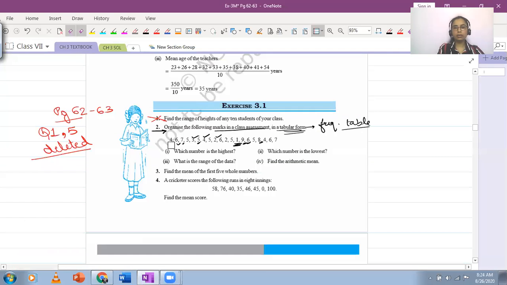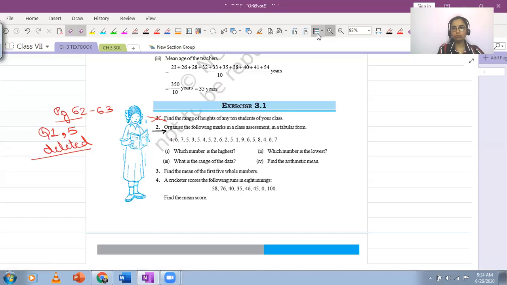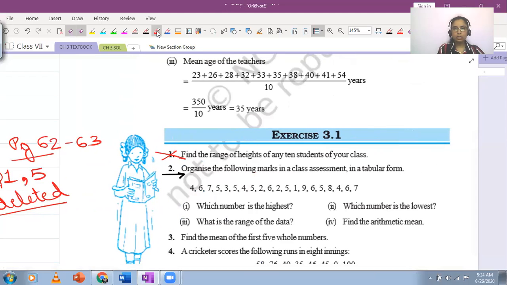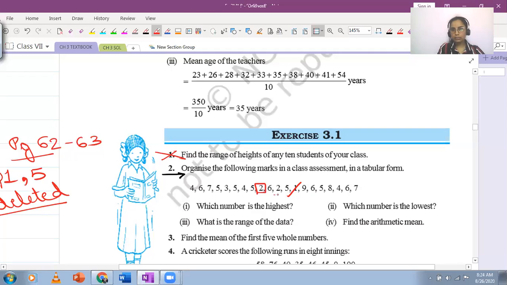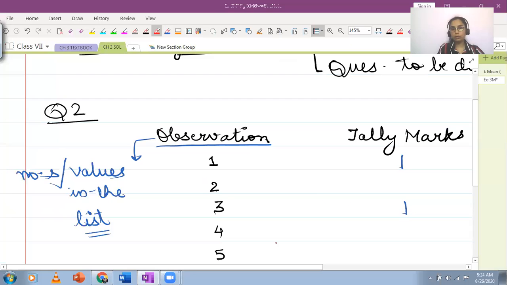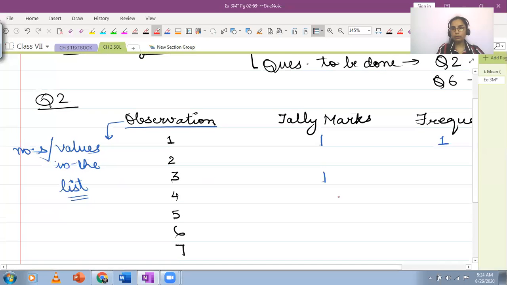Just check here. Okay, look at the screen now. I'm going to show you the list here, and now count from here. I'll help you count. I'm going to mark. So 1 is only once. We have counted it. Let's count 2. I can see a 2 here and I can see a 2 here. Ma'am, 2 is 2 times. 2 times. So write down 2 in your table here. So 2 tally marks and 2 here.